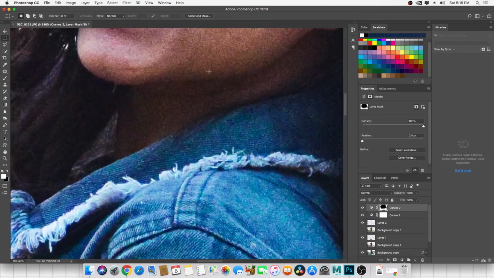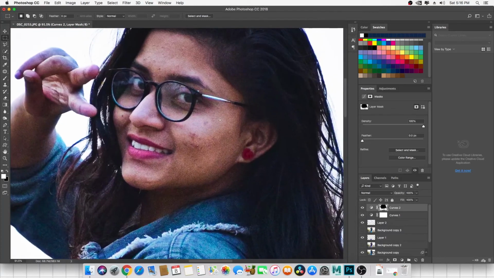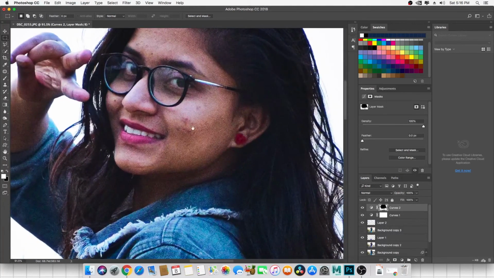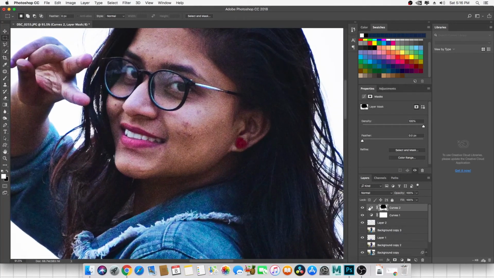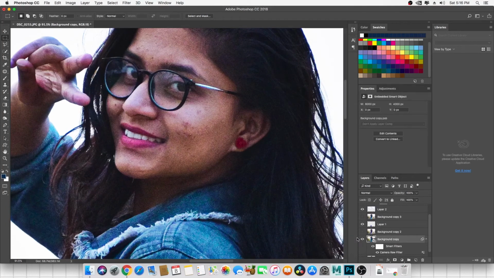Now the next thing that I think we should do is to clean the face. You can see there are small spots, we can clean those off, but for that we have to select the parent layer, I mean this layer. As you see, this layer is the main layer, so I can edit my picture on that layer.